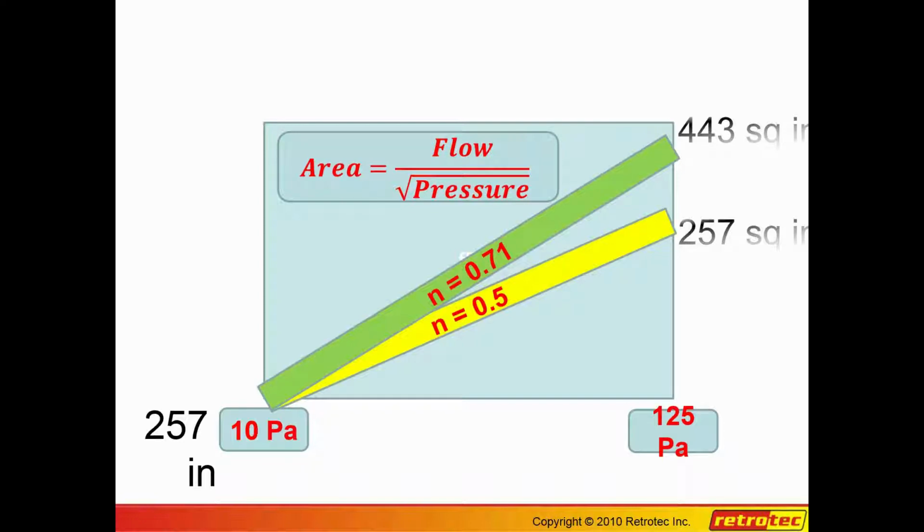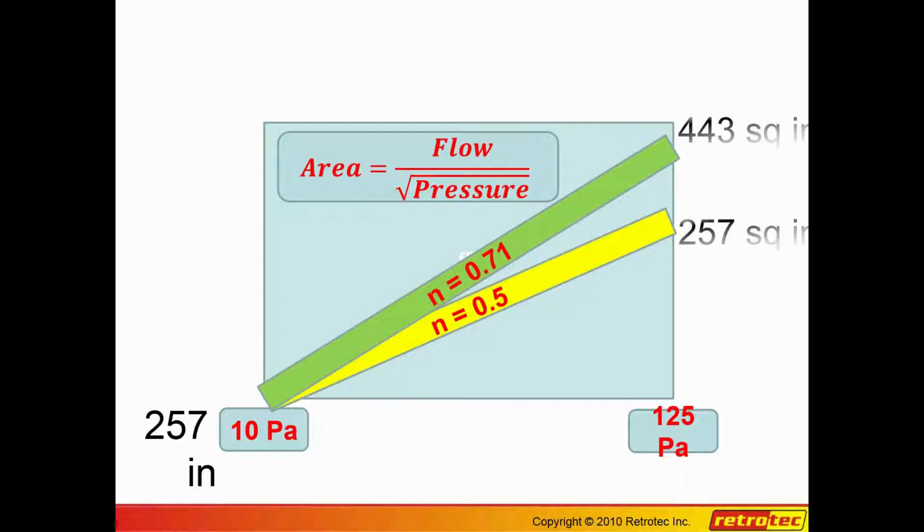and 0.71. Fortunately, the software does all this for you, so you don't have to worry about it, but you do have to know what it means, because once you make a measurement on your house and you get an N value of 0.5, what does that mean? You've got a few big holes, you may even be able to stick your finger or your hand through them. So that will tell you what kind of leaks that your building has and what kind of leaks you want